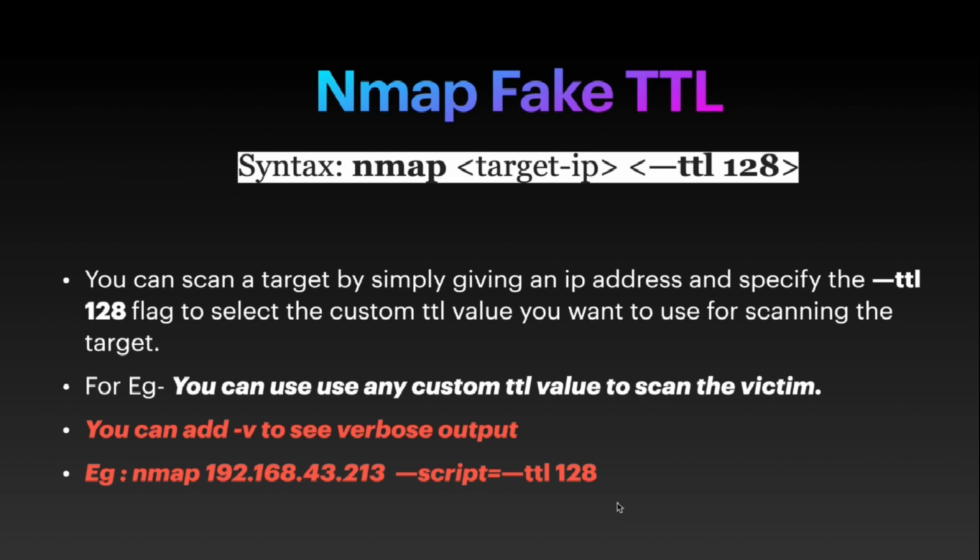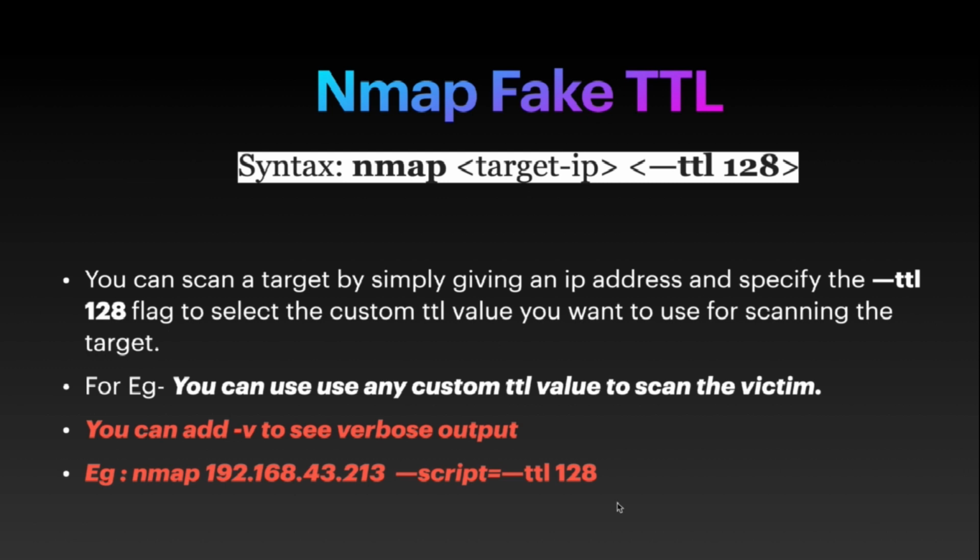by --ttl 128. Remember, for some operating systems, the TTL values are fixed. For example, the TTL value of a Linux operating system is 64, whereas the TTL value of a Windows operating system is 128. So in case we are sending any particular request to any target, from the TTL that we receive, we can identify if the target server is running on a Linux operating system or a